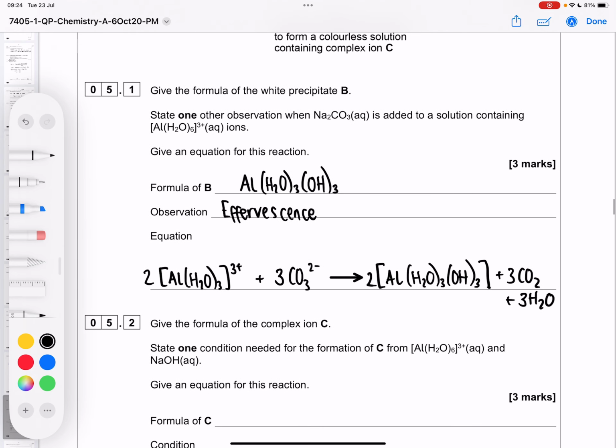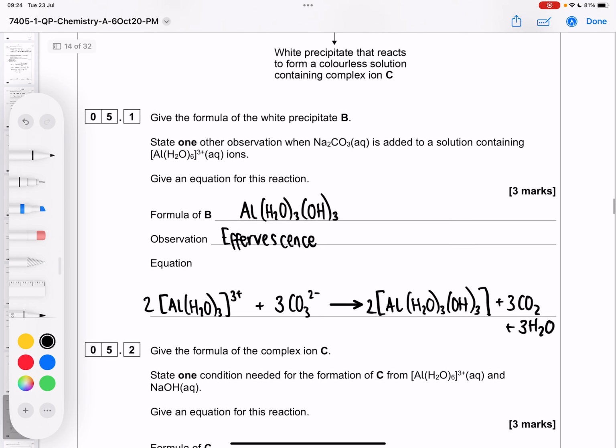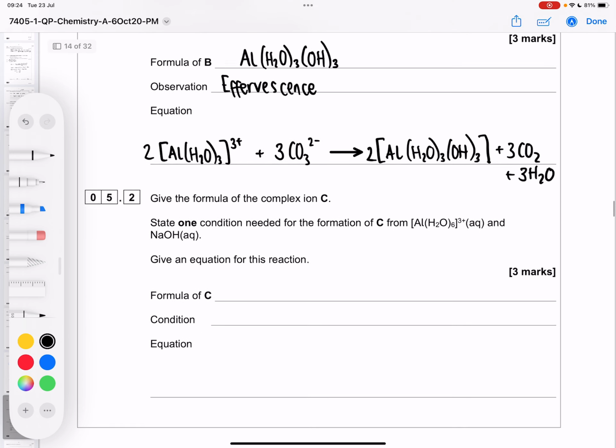Give the formula of the complex ion C. So when you add sodium hydroxide, a white precipitate reacts to form a colourless solution containing complex ion C. So at first, when you add sodium hydroxide, you get the same white precipitate that you just got with the carbonate. But when you keep adding it, the colourless solution that forms contains a complex ion, something with a charge,